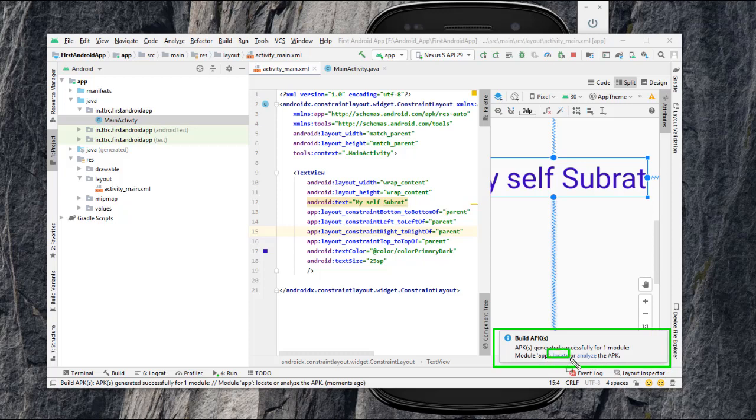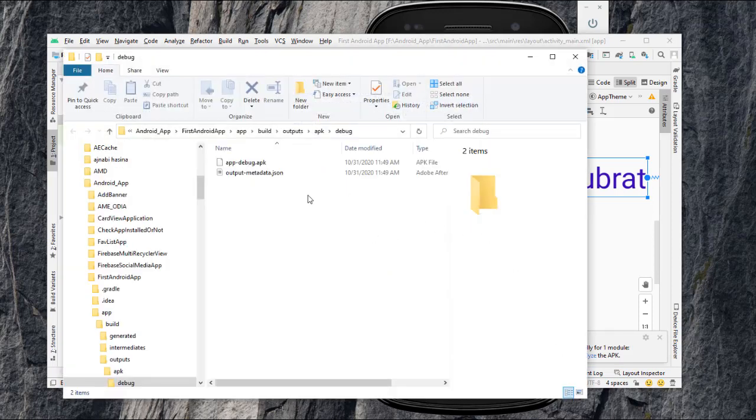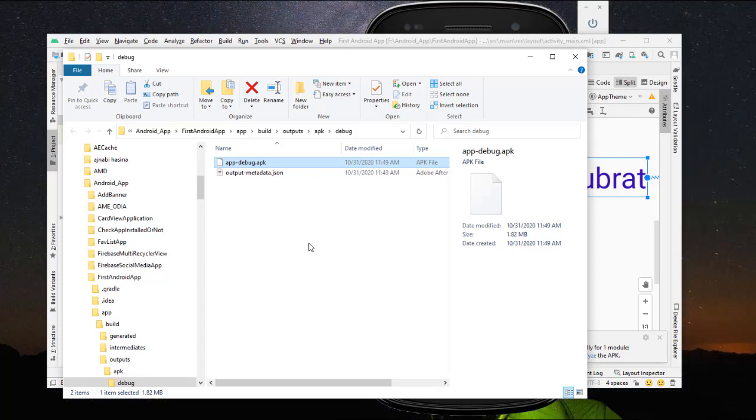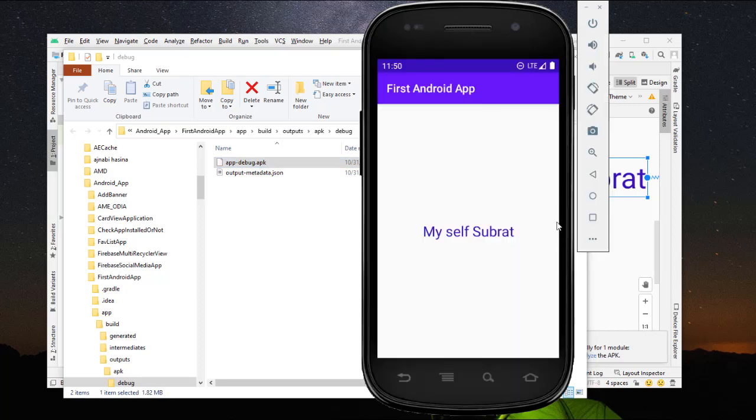Click on the locate button to open that folder. So we will click on locate. Now you see, this is our APK, app-debug.apk, and its size is 1.82 MB. You can give this application to your friend, and after installing on Android, on the specific Android version, this type of output will be displayed to him.